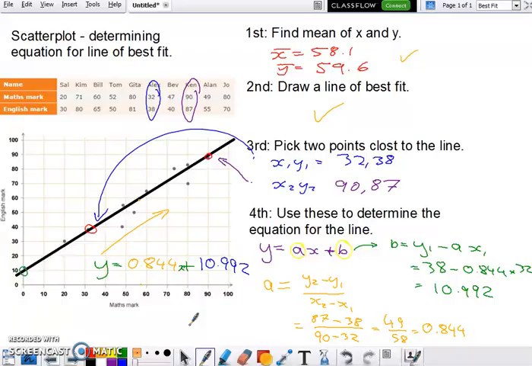Once you've got the equation there, you can do a whole heap of things. You can interpolate, which is predicting within the data, and you can extrapolate, which is predicting things that are outside of the data. To check, once you've got the equation, you just double check that it looks right